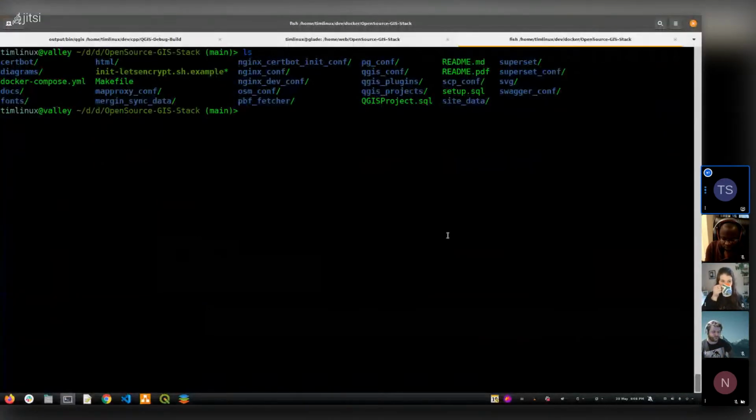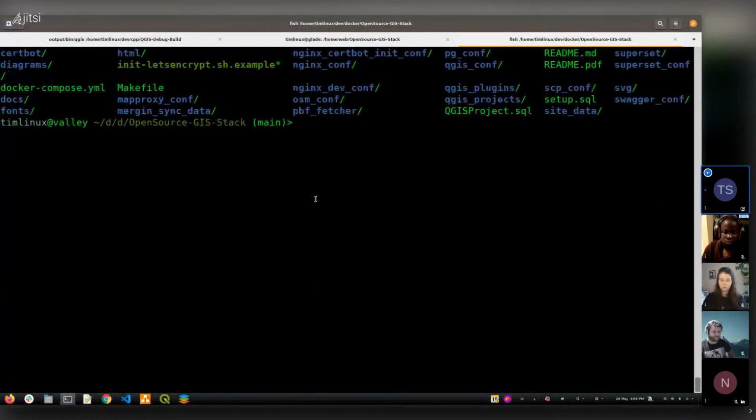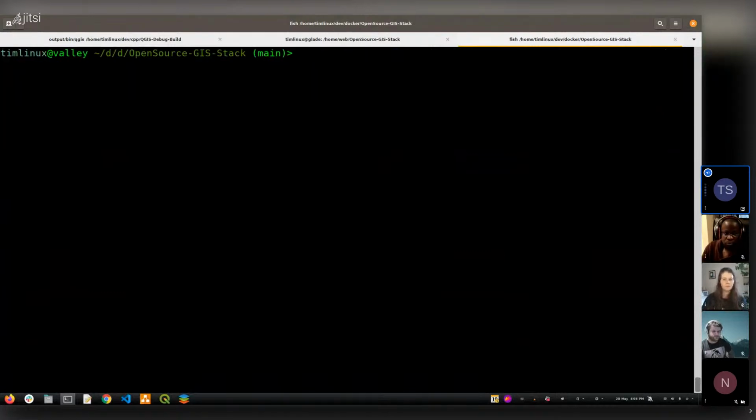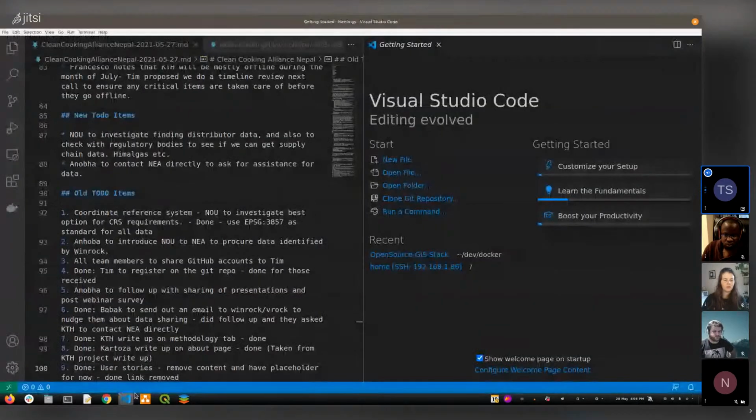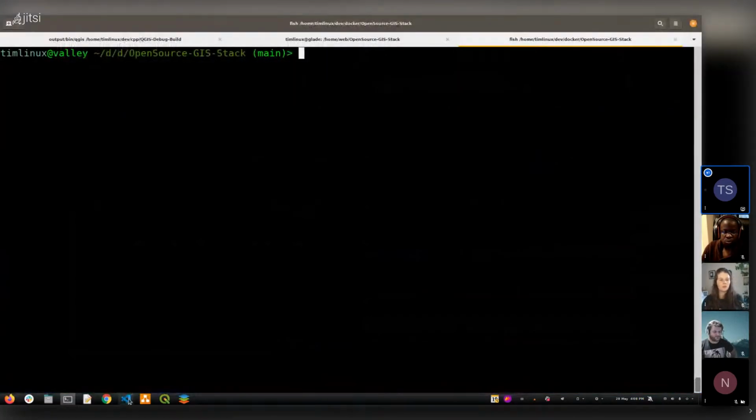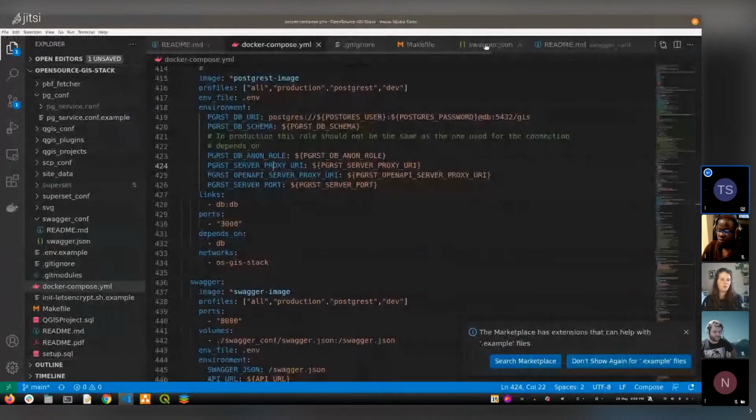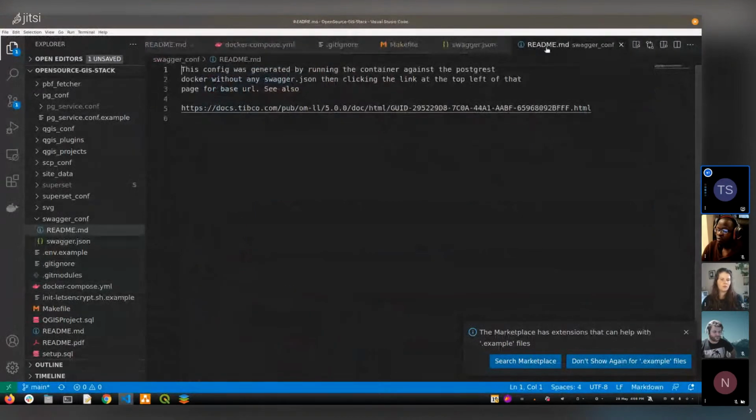so this is my terminal session logged into that machine. I'm going to pump up my font size a bit, so hopefully it's all clear to see. And I've already installed Docker and Docker Compose and a few other bits and pieces in there. And I should mention, sorry, I didn't want to show that one. I want to show this one here. I should mention that we've got,